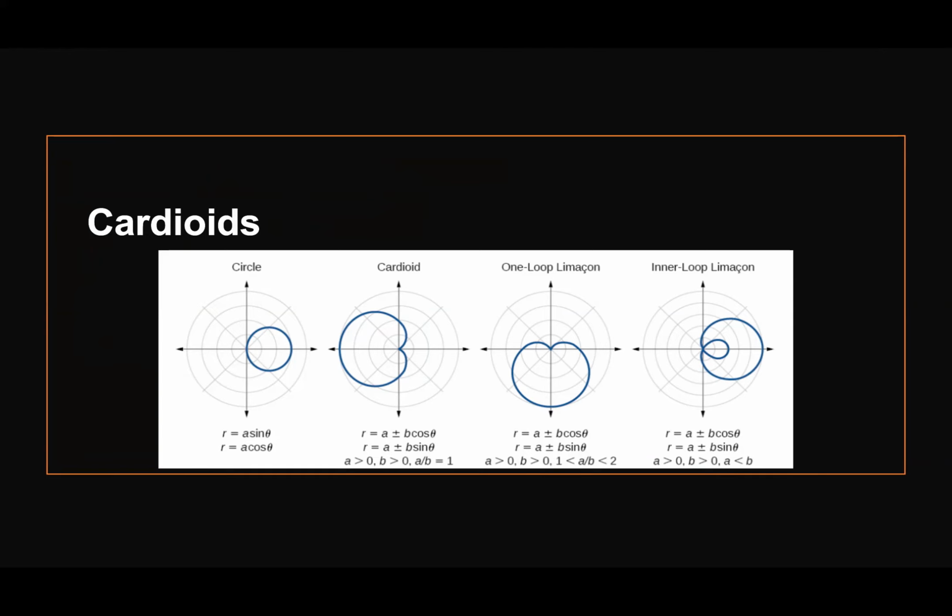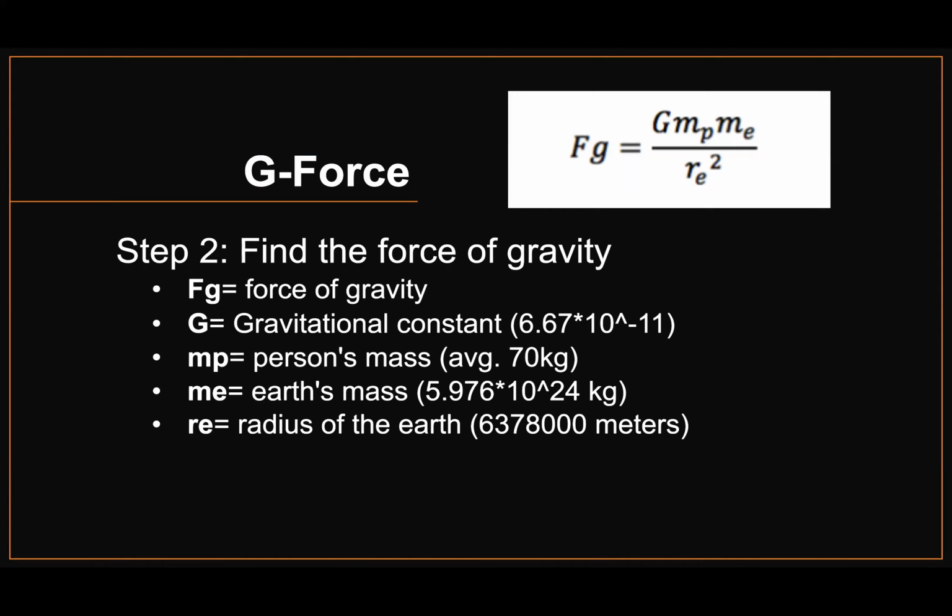And then in order to find the force of gravity, the gravitational constant, which is 6.67 times 10 to the negative 11th, is multiplied by the person's mass and the Earth's mass and divided by the radius of the Earth squared. And so they use the average weight or the average mass of a person in America, which is 70 kilograms. And then for Earth's mass, they use 5.976 times 10 to the 24th kilograms. And for the radius of the Earth, they use